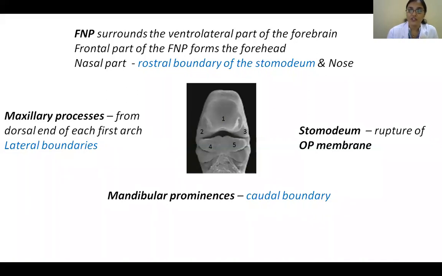This is again rupturing in the 4th week itself. Why? Because the prominences are forming, something is stretching, so much is forming and the face has to grow. So the oropharyngeal membrane's fate is that it has to rupture. Then how will it rupture? It has to stop proliferating, stop expanding. It says, okay, no mitosis, I will not proliferate, I'll just be rigid. But the processes around it, as they grow, try to stretch it, and ultimately the buccopharyngeal membrane ruptures. Rupture is like a tear. If you try to tear a piece of cloth, it is not very uniform.